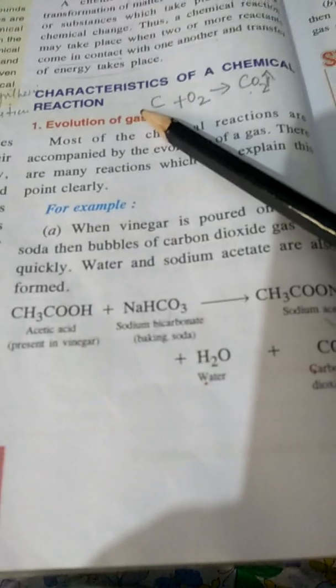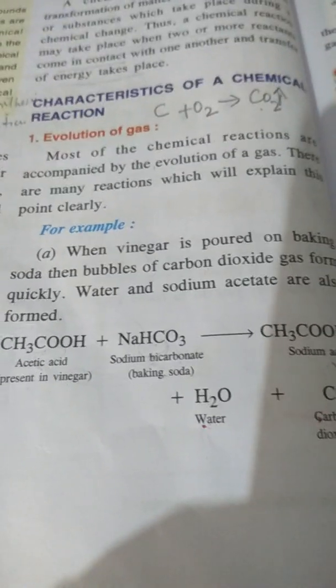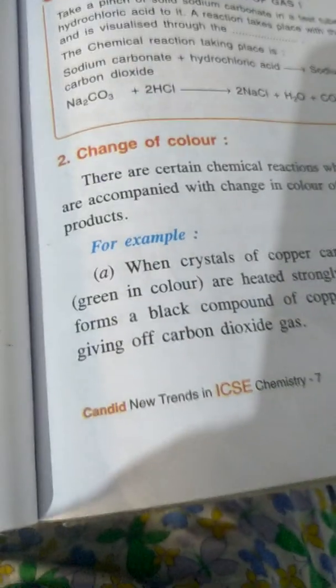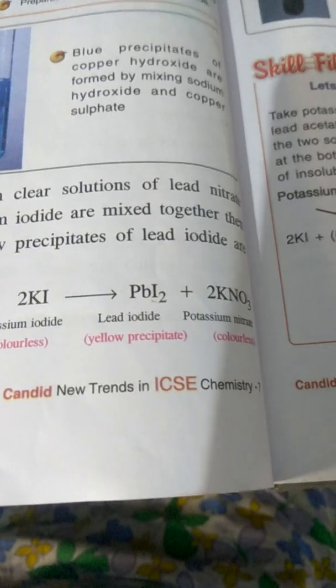For each characteristic feature, you will give two examples. The first is that some chemical reactions take place with the evolution of gas. When some chemical reactions take place, color changes take place. Two examples I explained to you. Then next is precipitate formation. Now what is a precipitate? That is when